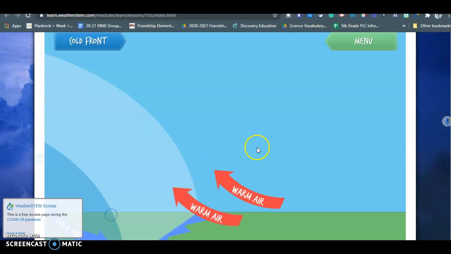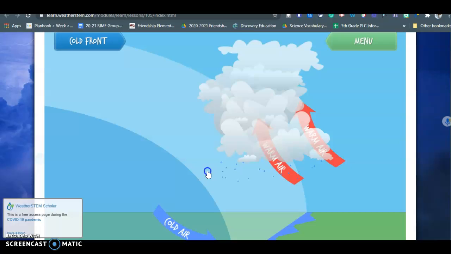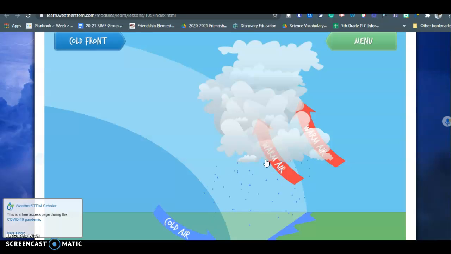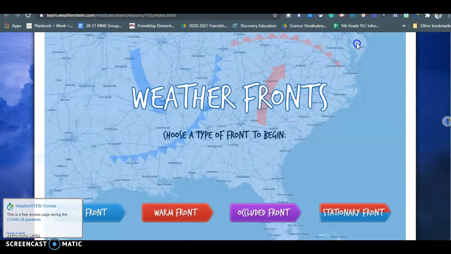When we noticed that the cold front was a little bit different, it moves a little bit faster. And as it sinks in and under that warm air, these big cumulonimbus clouds can form. When a cold front moves in, you can get some pretty bad storms. It just depends on, again, how much moisture is over here in this warm air and the temperature difference between those two and how much of a change in pressure you have. But again, you can see how those clouds build up pretty tall,